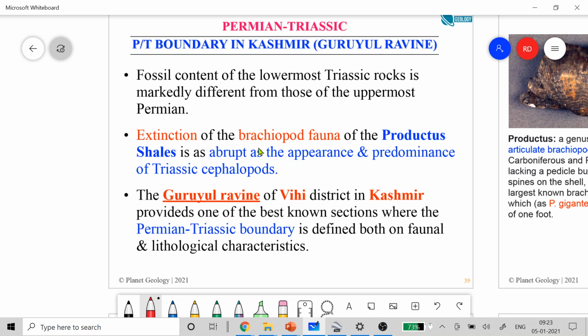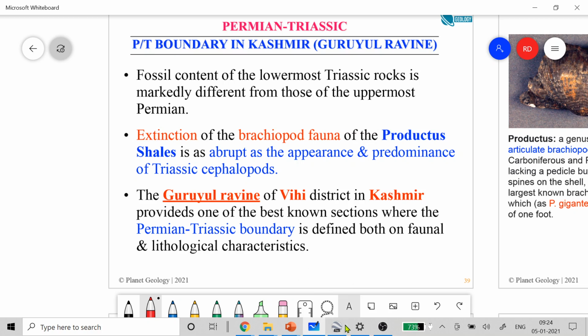Okay, so brachiopods are still surviving today, but there are very few species left. Brachiopods were much more abundant during the Paleozoic. Nowadays, only a few brachiopods survive, and that is why one specimen of brachiopods is known as a living fossil, which survived this extinction, and that is Lingula. So this is in Vihi district of Kashmir. It provides one of the best sections